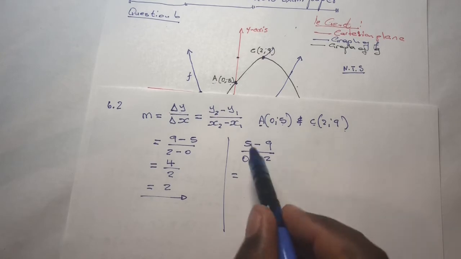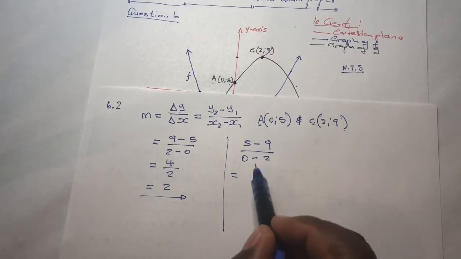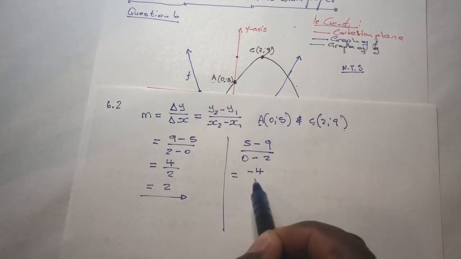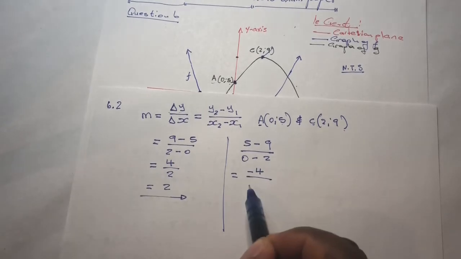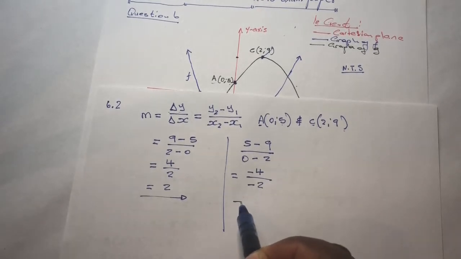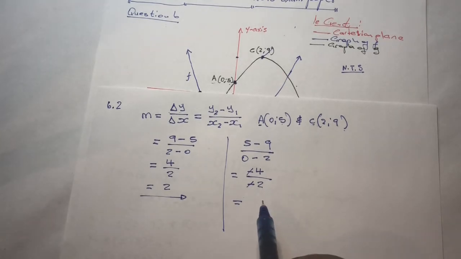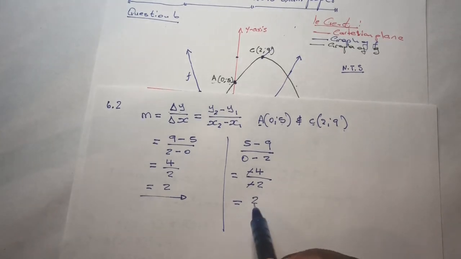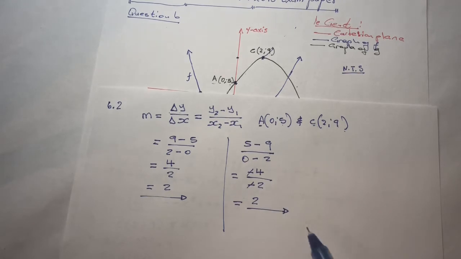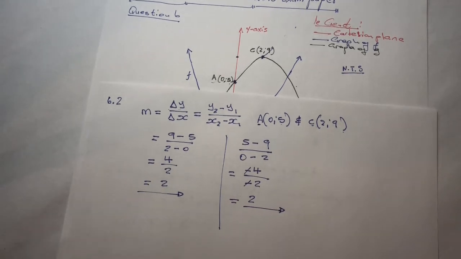So that equals 5 minus 9, which is negative 4, over 0 minus 2, which is negative 2. So obviously the negative cancels, and 4 divided by 2 equals 2. Can you see? So it's as simple as it is. You shouldn't be stressing a lot,